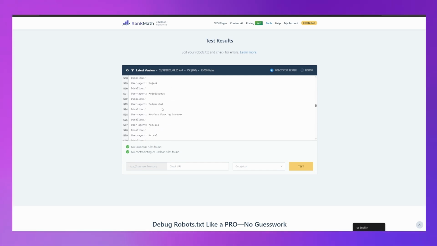So if you see a user agent followed by a specific name like these, and then disallow followed by a forward slash, it means they are telling that particular bot to stay away from the whole website. This is often done to block potentially harmful bots, scrapers, or bots that don't respect crawling etiquette and might overload